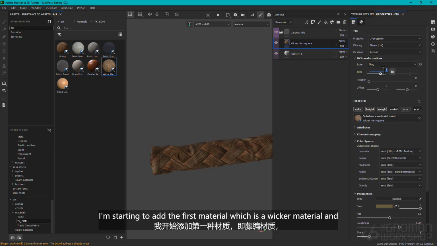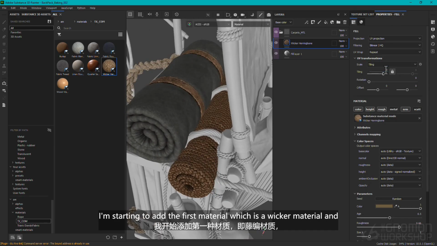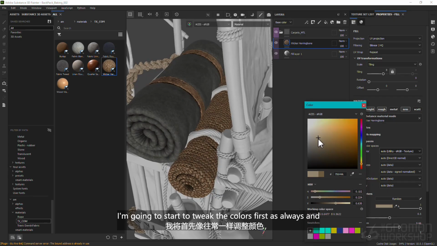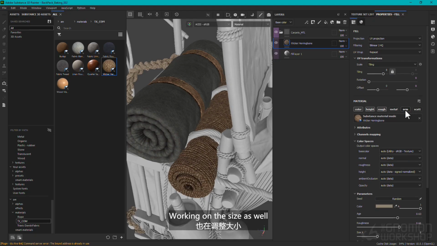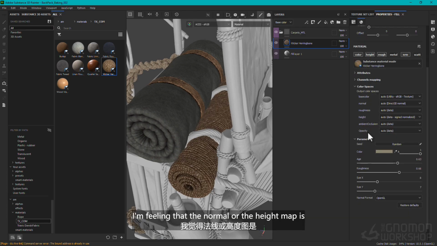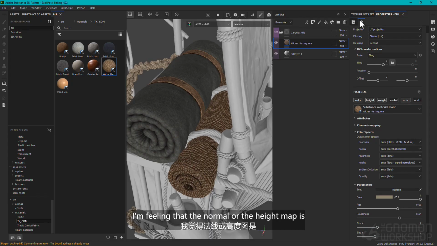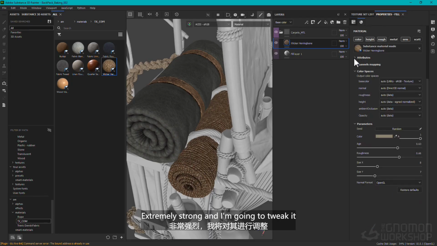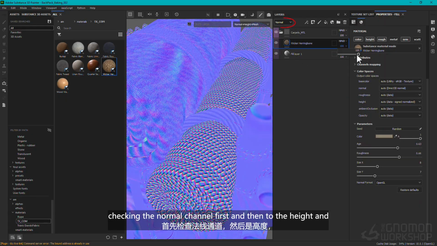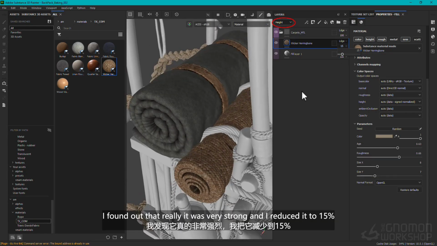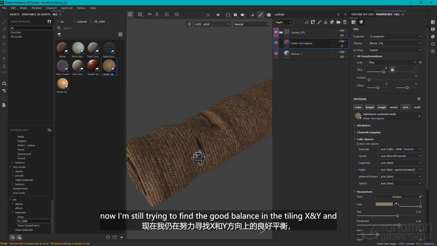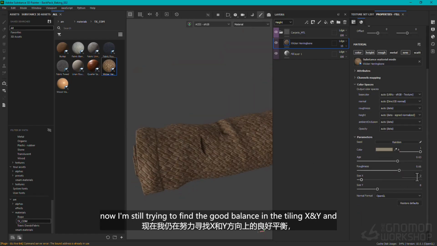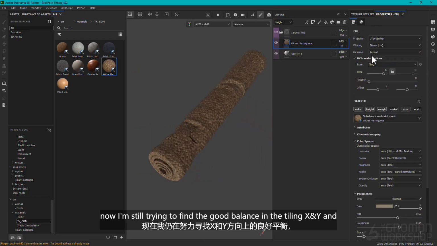I'm starting to add the first material, which is a wicker material. And I'm going to start to tweak the colors first, as always, and working on the size as well. I'm feeling that the normal or the height map is extremely strong, and I'm going to tweak it, checking the normal channel first and then the height, and I found out that really it was very strong, and I reduced it to 15%. Now I'm still trying to find the good balance in the tiling X and Y,